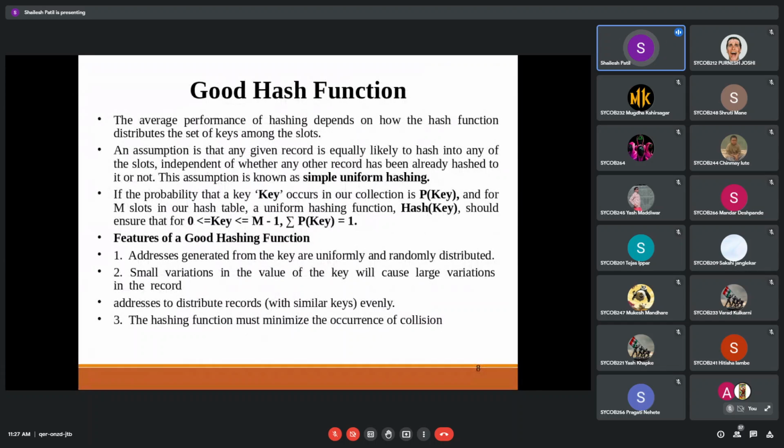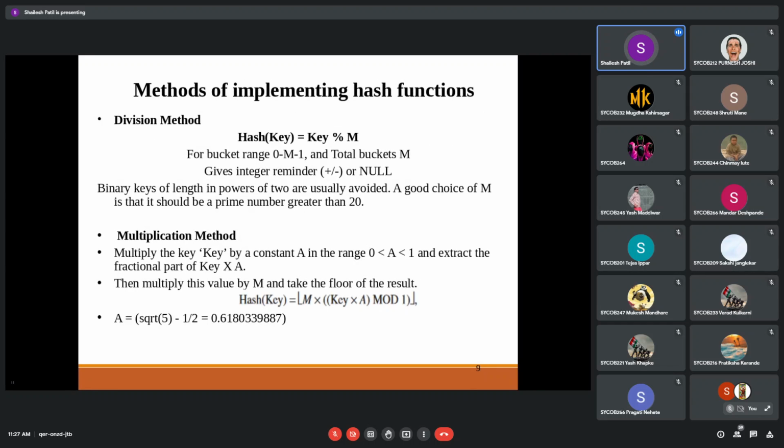Then we have seen what we mean by a good hashing function. It should have fewer collisions, and it should occupy as many records as are needed. Again, whatever elements or keys we have should be uniformly and randomly distributed. That should be maintained. So again, we have gone through a number of methods, taking this topic in detail, which are the different methods we can use as a hash function.